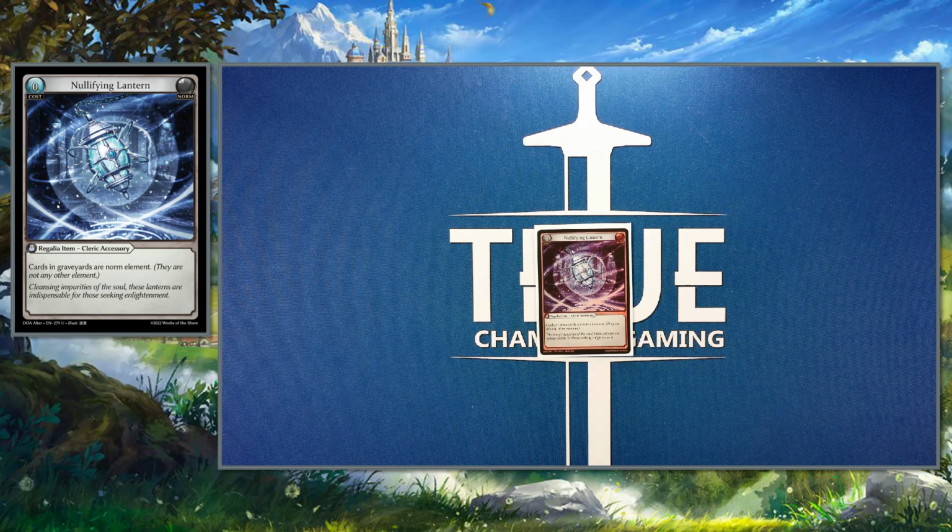Normally, I don't think that Nullifying Lantern is just a safeguard against erupting strategies. That's something that I disagree with a lot of people on. But this also really works in this deck because you're not going to Crux. So people might not expect you to whip this out in the early game, but it can help slow